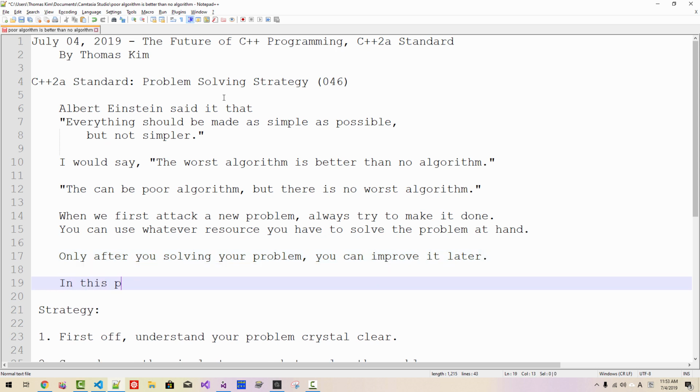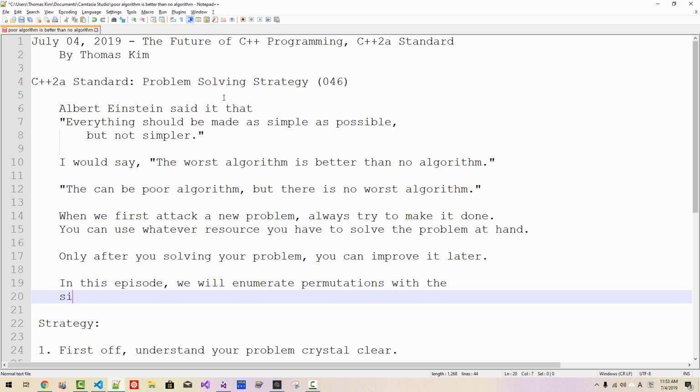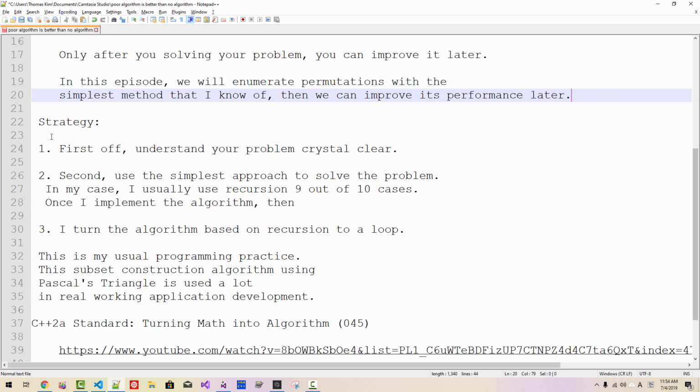In this episode, we will enumerate permutations with the simplest method that I know of. Then we can improve its performance later. As I said in our previous episode,